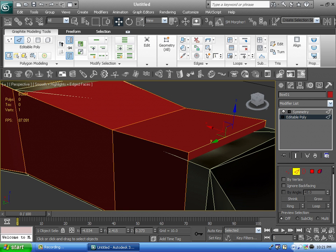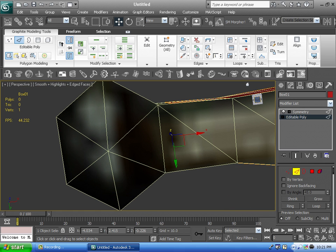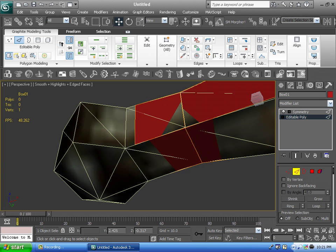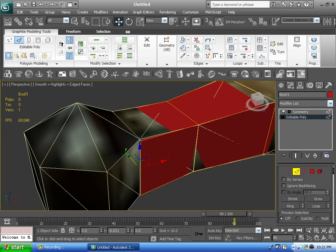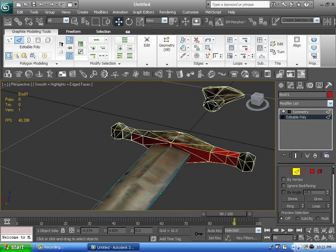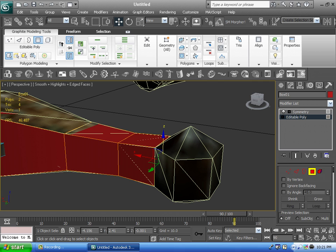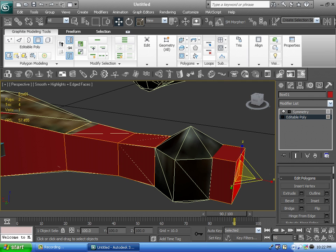Granted, everything doesn't have to match up perfectly, but it's still good to make everything line up at least pretty well. Move that down. Move this edge down. And move the face farther out. Just line up right there. Okay. Make sure this lines up. And as you can see, it's applying it to the other side too. I'm going to do another extrude. Okay, go back up here, extrude. I'm just going to do that so that I can see it easier. Sometimes it's easier to just